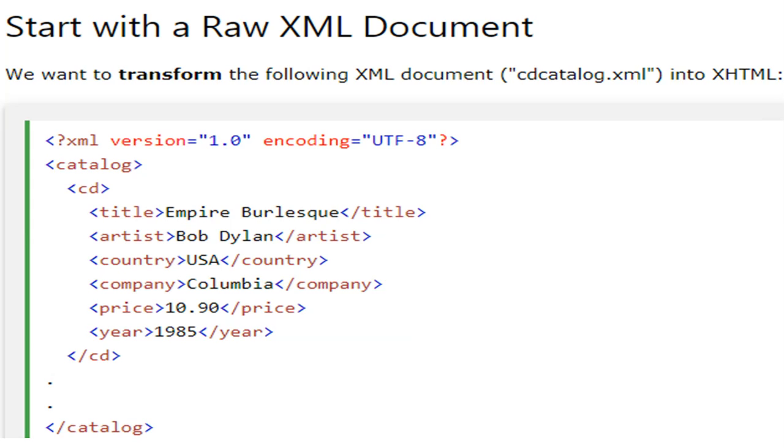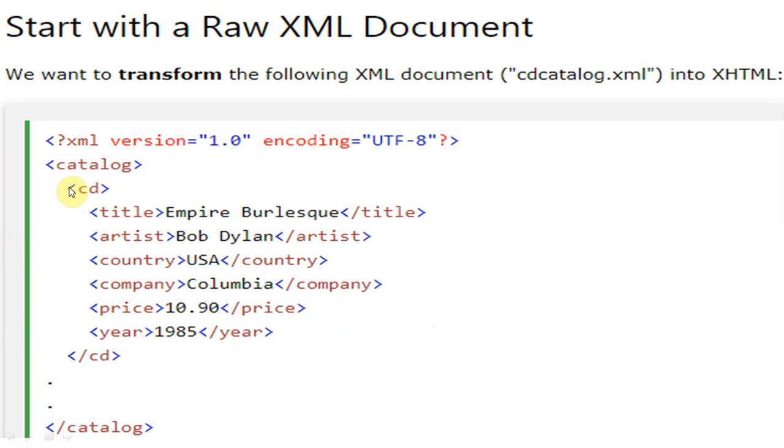Inside this XML code, we have the CD data and catalog data, and inside the catalog we have different CDs, and inside each CD we have the details of that particular CD: the title of the CD, the artist, who is the artist of that CD, the recorded music on the CD, the country USA, the company name, the price of the CD, and the year in which it was released.